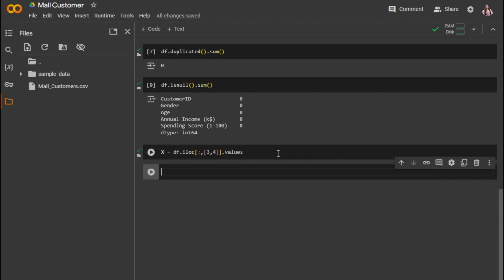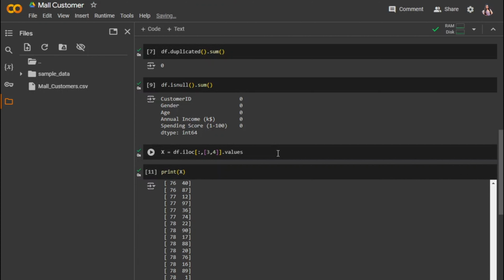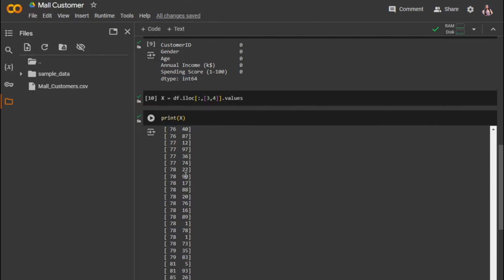Okay, so now just print the x dataset. So here we can see these values are for the third column and these values are for the fourth column, right? Now let's find the WCSS values. So for this